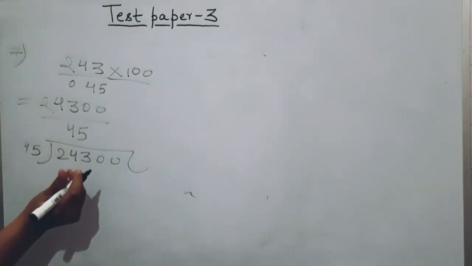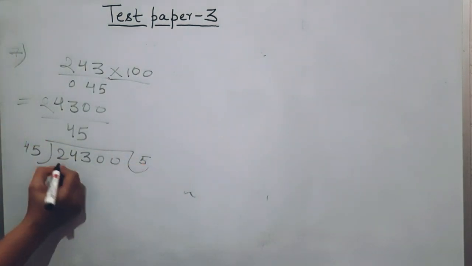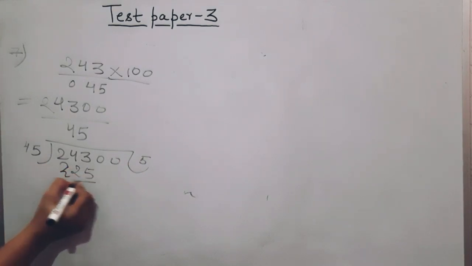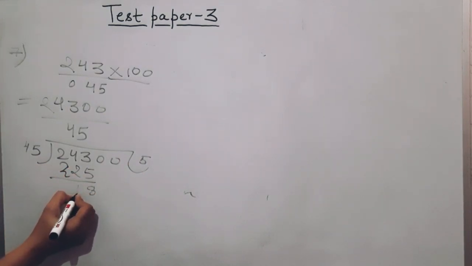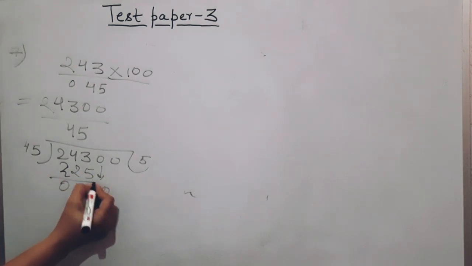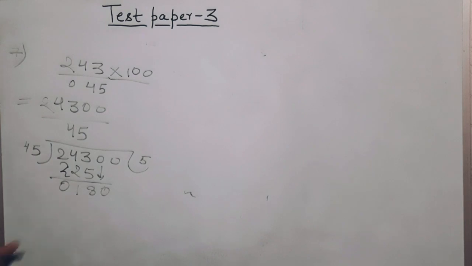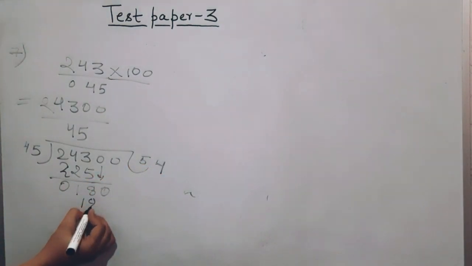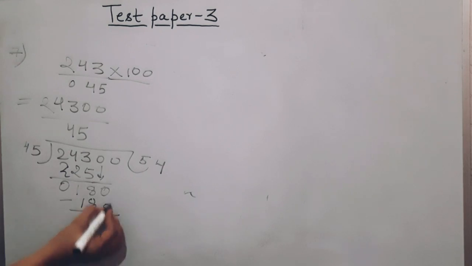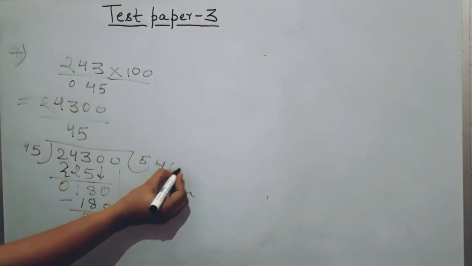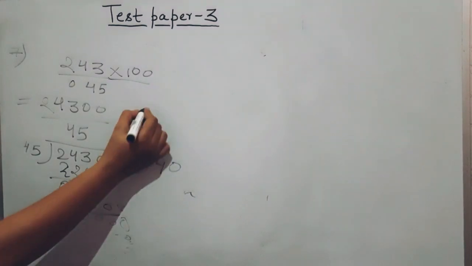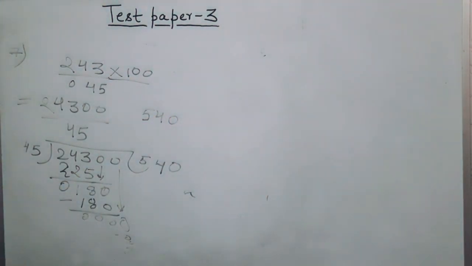तो 45 के टेबल में 243 या उससे कम क्या आता है? 45 5s are 225. Here it will be 8, here it will be 1 and here it will be 0. अब 0 ड्रॉप डाउन हो जाएगा. 45 के टेबल में 180 आता है. 45 4 ज़ा 180. अब हमारा ये भी हो गया. Now this 0 will be dropped down and 1 0 will be added here. So how many plies will be required? 540 ply will be required in order to give the thickness of the pile as 243 centimeter.